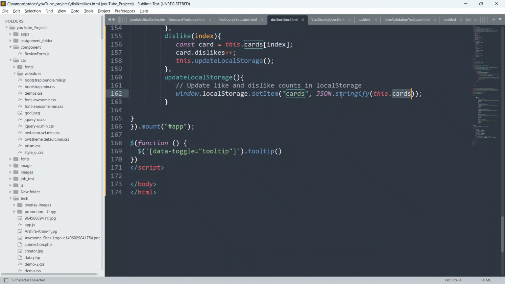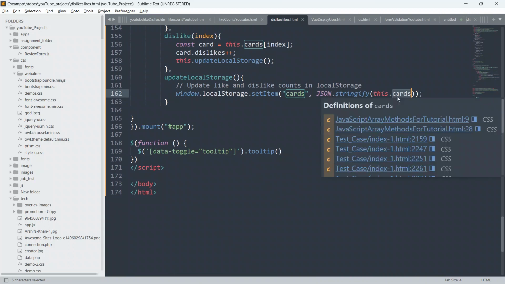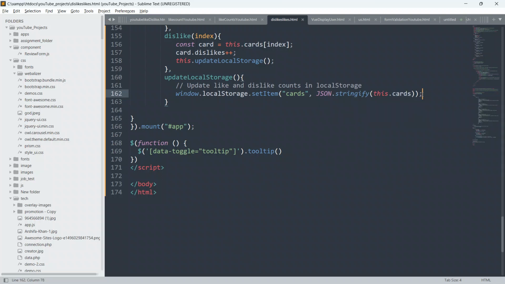That's what I am doing here, JSON.stringify and this.cards. So I am saving the entire cards into the local storage by using the key cards only.